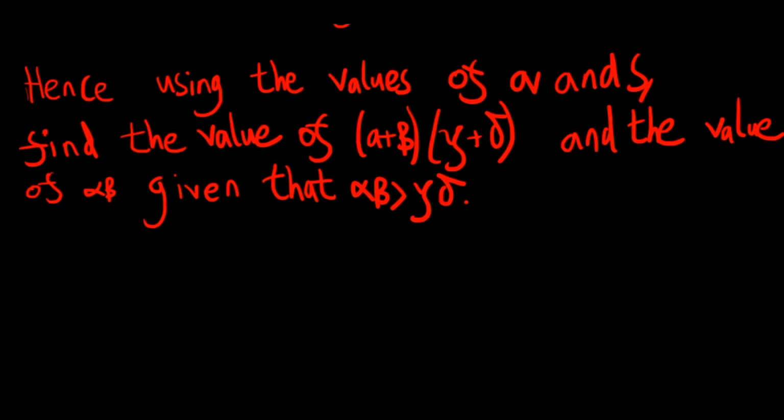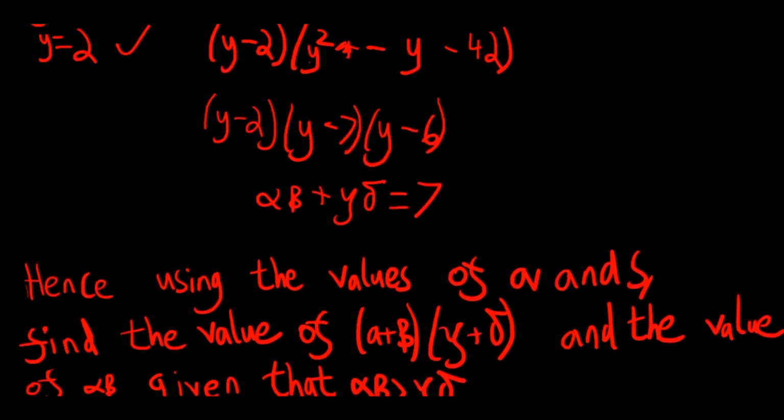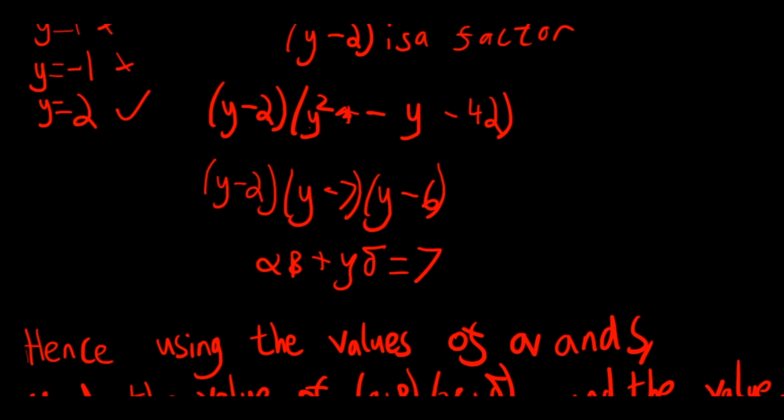Okay, so the second part of the question reads, hence, using the values of q and s, find the value of alpha plus beta times gamma plus delta, and then the value of alpha beta, given that alpha beta is greater than gamma delta. So before we move on, I just quickly need to correct a mistake I just noticed. This should be a plus. Okay, so now